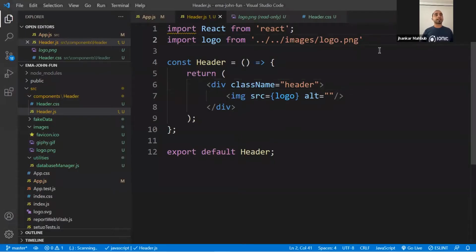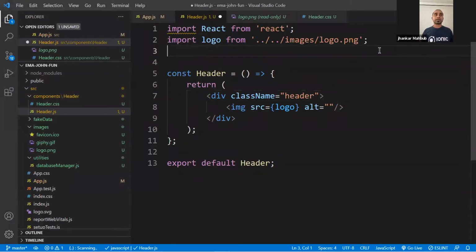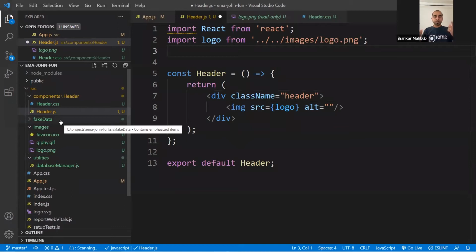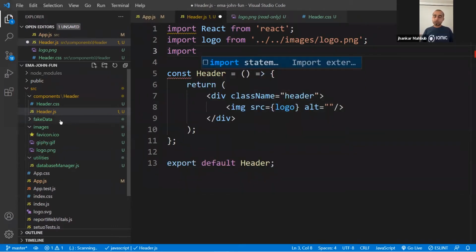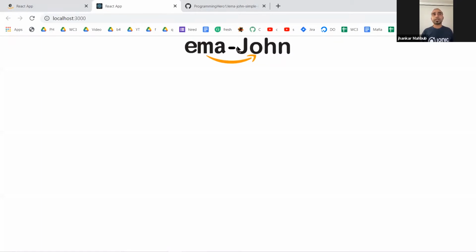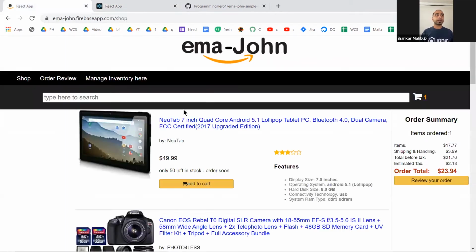You need to do one extra thing. Right now this component doesn't have any connection with the CSS yet, and you need to connect these two. To connect them, you import ./header.css. That's pretty much it. If you save it, you see this is small and centered in the center of the page. Once we have done this, we can definitely do something similar to this, and that's super easy actually.